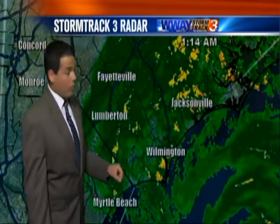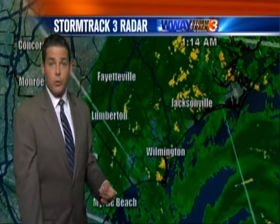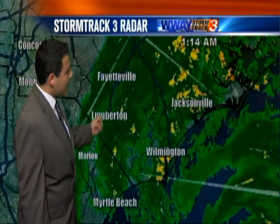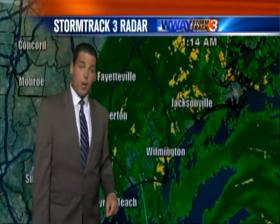Well, John, it certainly is a wet and rainy evening across the area. We're going to find that continuing over the next couple of hours. We're looking live at the radar picture right now, and you can see very covered right now. This rain shield has been expanding over the area ever since the early afternoon hours yesterday on Friday. So we are going to see that these continue to really just migrate inland across the area. It's even getting past I-95 right now off to the west of Fayetteville and Lumberton. So a lot of this rain extending pretty far inland right now, but the main center of circulation is still